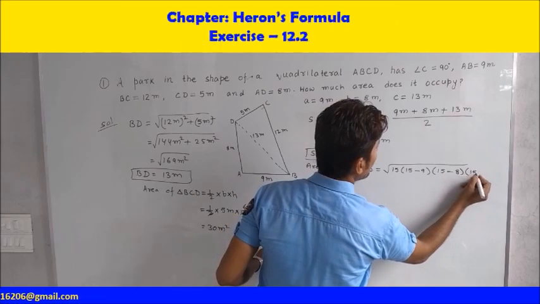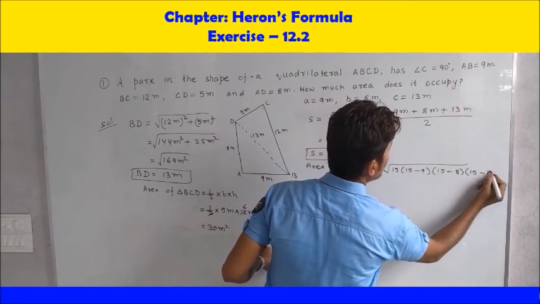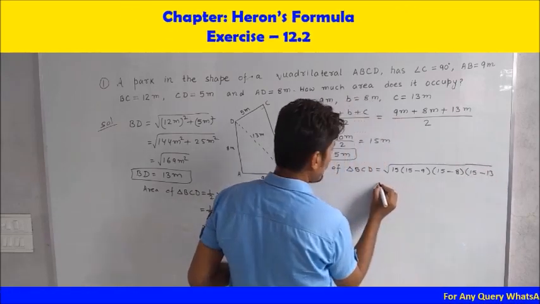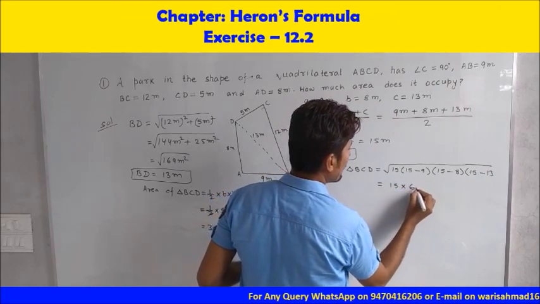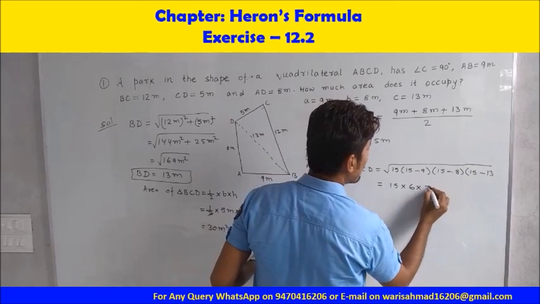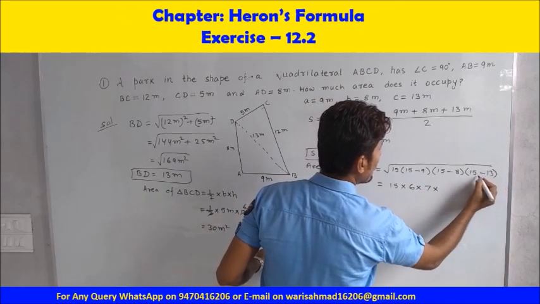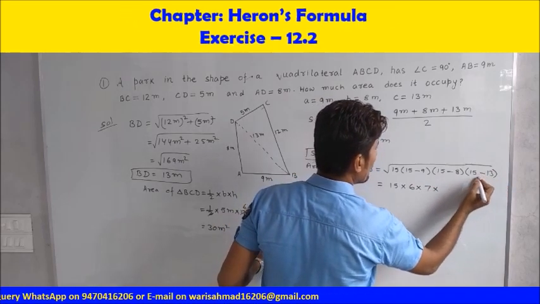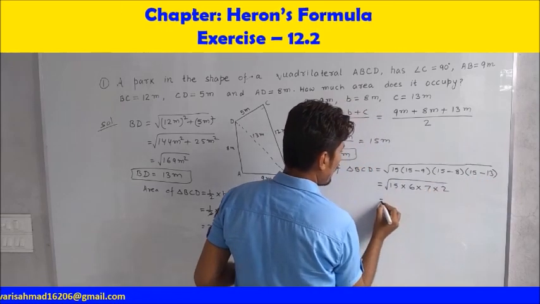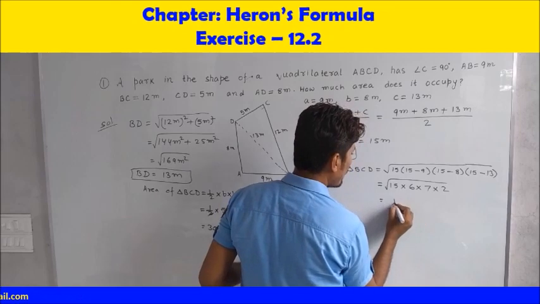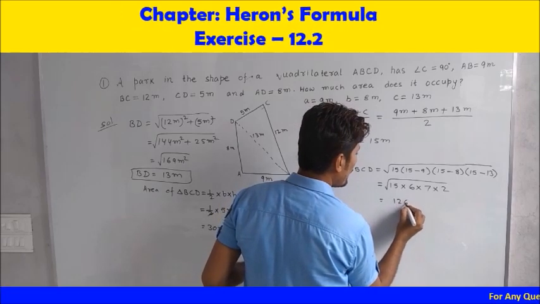S minus C means 15 minus 13. Here we can write 15 multiplied by 6 multiplied by 7 multiplied by 2. Now the product of all these will be equal to 1260,